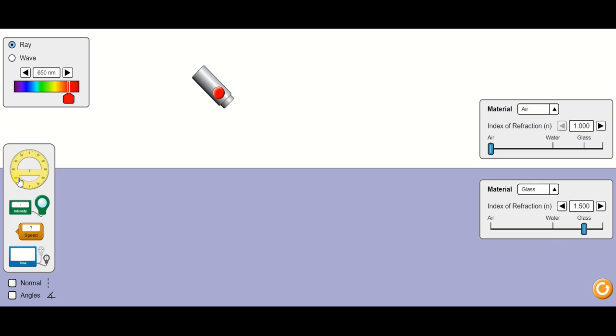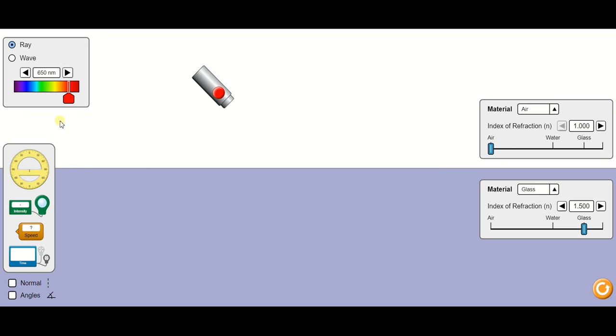Next, at the other end, you are going to have the protractor to measure the angles, and the intensity meter to measure the intensity, the speed, etc. And this is the source from which you are able to get the light. So that's the source of the light. Next, on the other hand, you are going to have the media. Of these two media, the white one is one medium, whereas the light purple one is going to be another material.